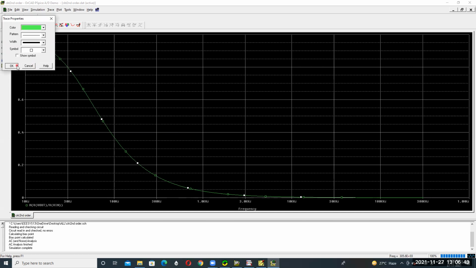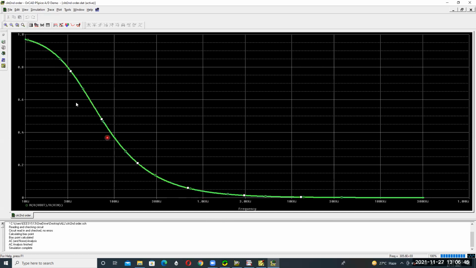This is the magnitude plot. Magnitude 1, 0.8, 0.6, like this, magnitude versus frequency. This is the waveform, the response for magnitude. This is the frequency response for a simple first order RC circuit, the magnitude response. If you want to know the phase response,